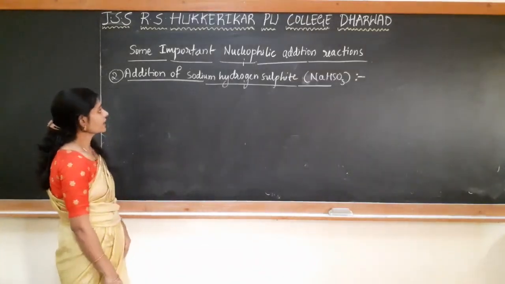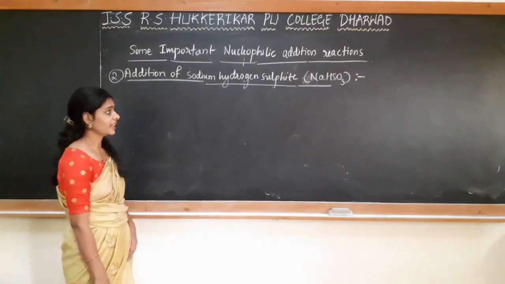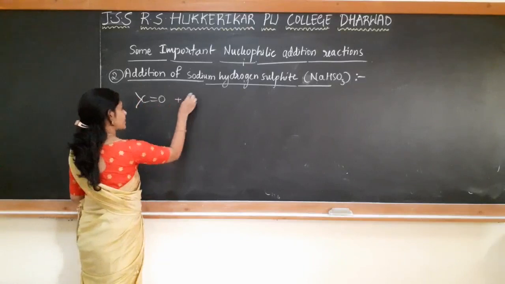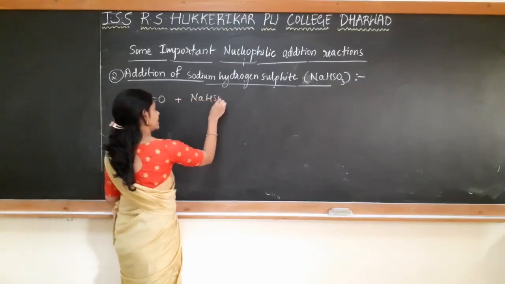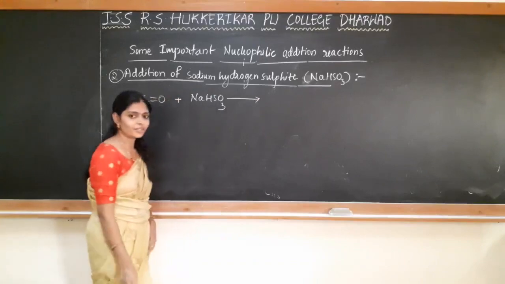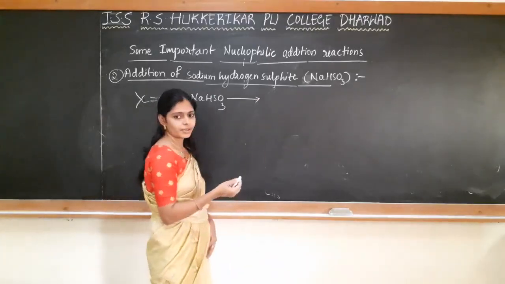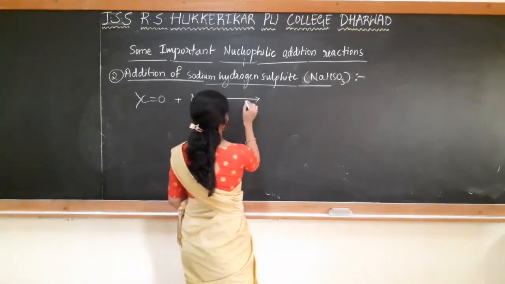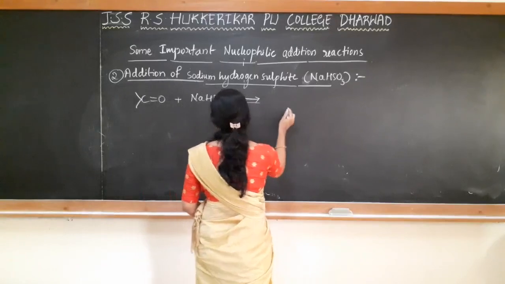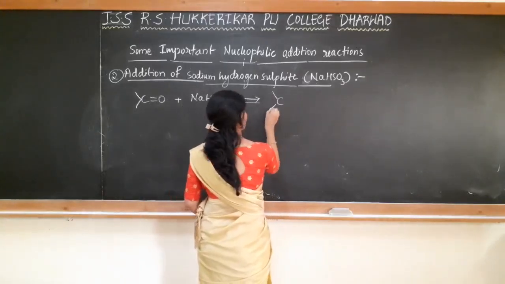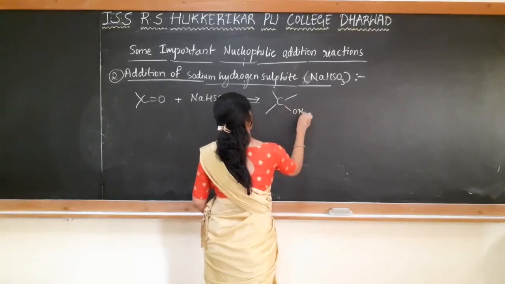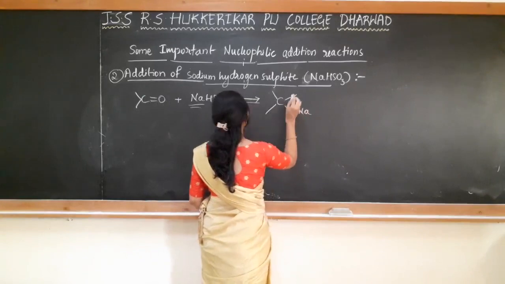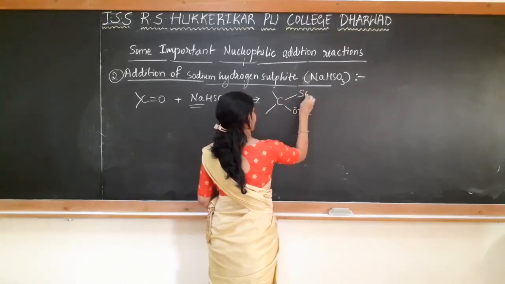The next reaction is addition of sodium hydrogen sulfite, that is NaHSO3. So when a carbonyl compound, aldehydes and ketones, reacts with sodium hydrogen sulfite, a bisulfite addition product is formed, which will be unstable, which on again water treatment results in the formation of the aldehyde. So first there is a formation of an intermediate. The intermediate formed will be of this manner. We have O minus, as Na plus will be there, it connects with the sodium to form a sodium salt, and we will have SO3H.